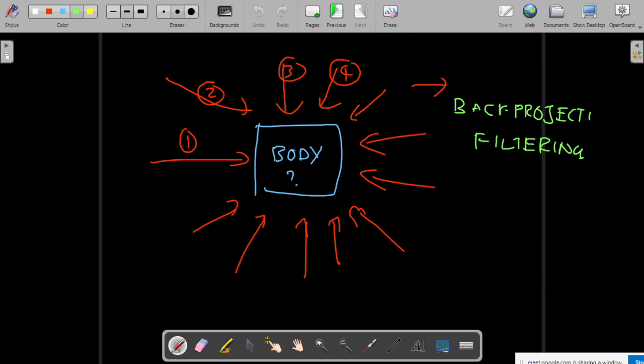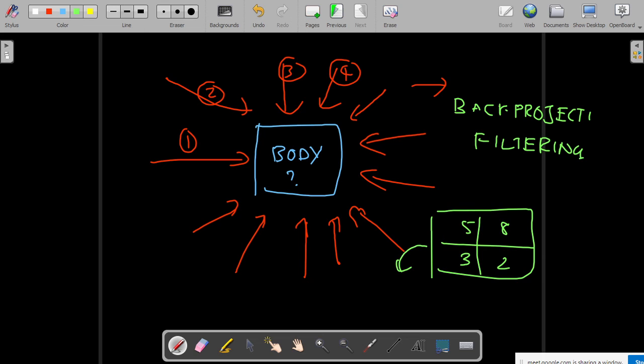Okay, so this method is called back projection filtering. Using this particular algorithm you are getting the final attenuation matrix. In the attenuation matrix you are developing your CT image. This is what comes out as your CT image. Each element here is a voxel, not a pixel. That's what you get in a CT image. So this technique is called back projection filtering.